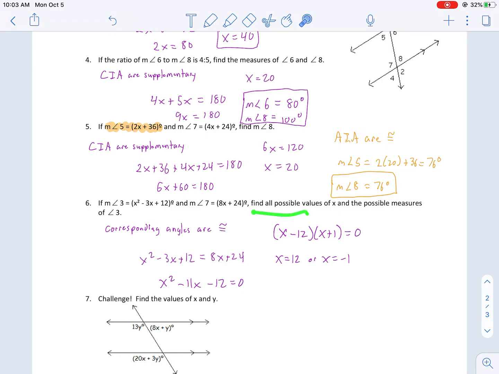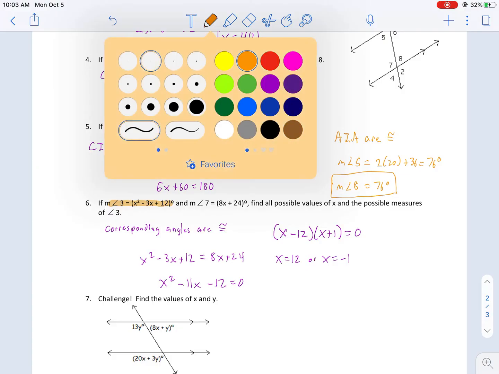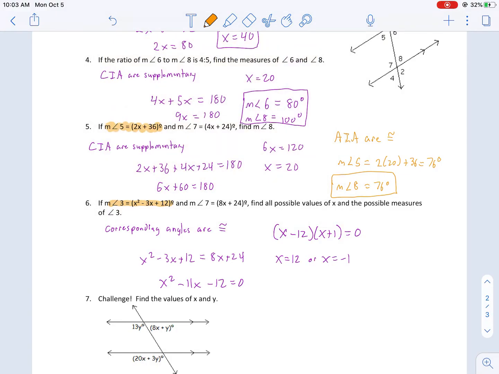And then, so it says find all possible values of x. Sorry, I didn't read the question to you. Find all possible values of x and the possible measures of angle 3. So the measure of angle 3 we know is given by this. Okay, so we're just going to plug in our x value for that. So the measure of angle 3